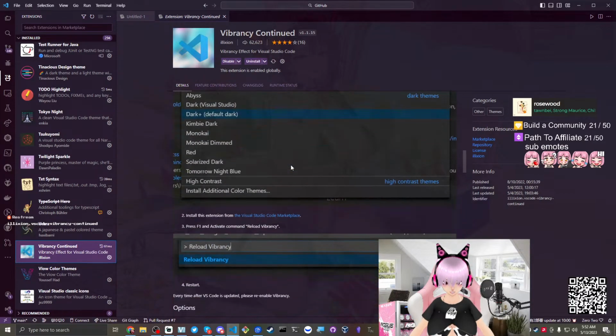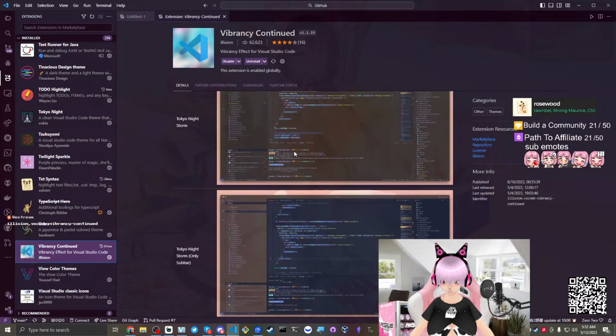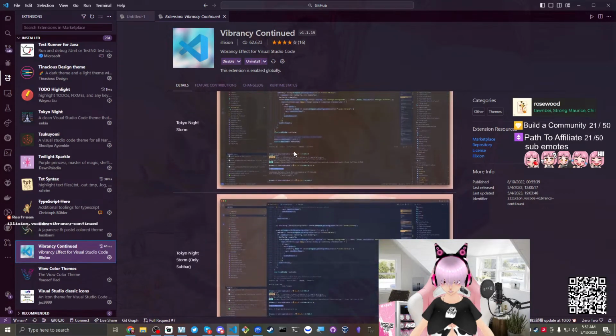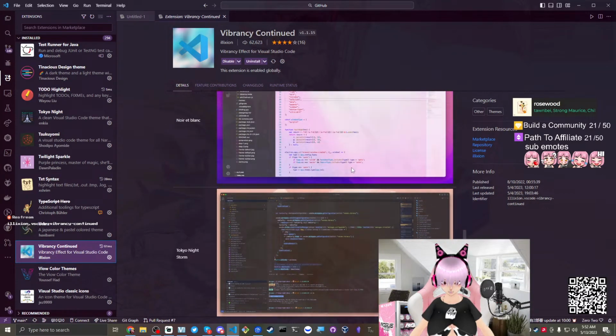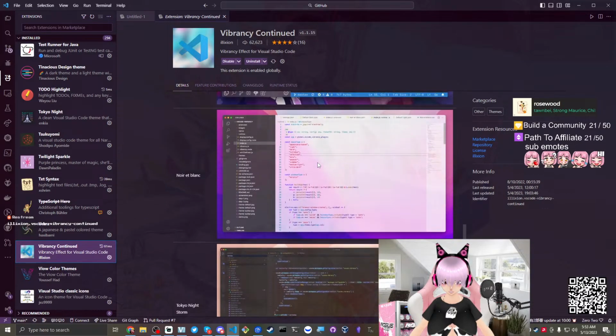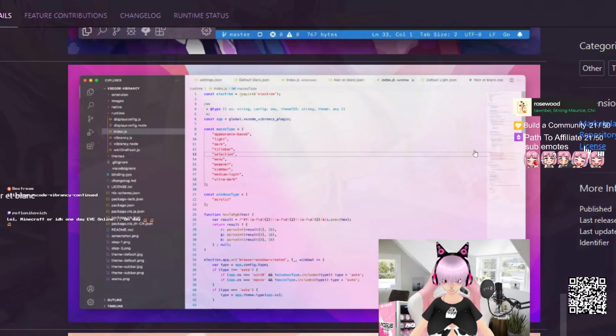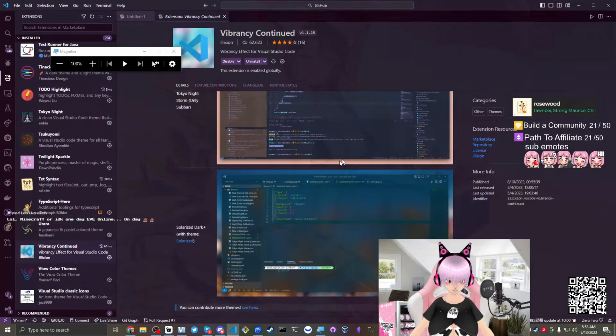I think they have examples, do they not? Oh yeah, here's some of the examples they have. It makes your code look really cool. Like, look. I think I can zoom in. Yeah. The quality's terrible in that photo, but